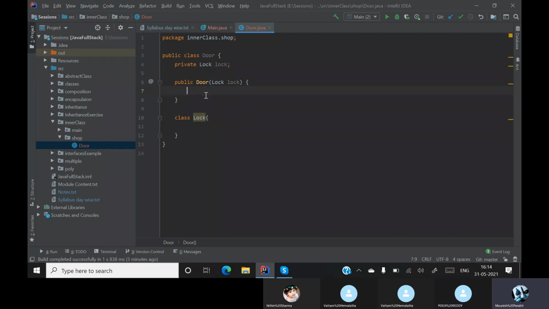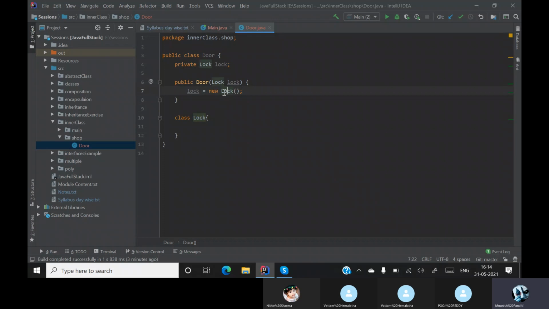So I'll say lock is equal to new lock. I'll create an object for this class inside the constructor, because every time an object for the door is created, automatically that lock is also accessed.